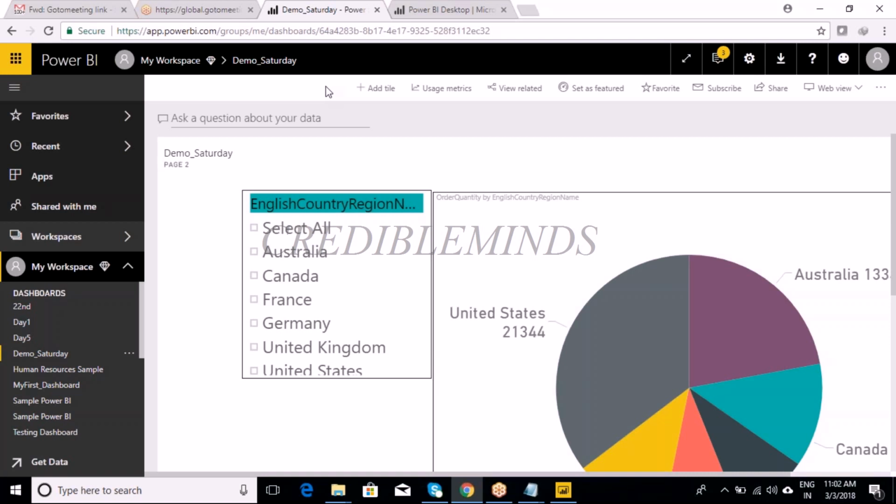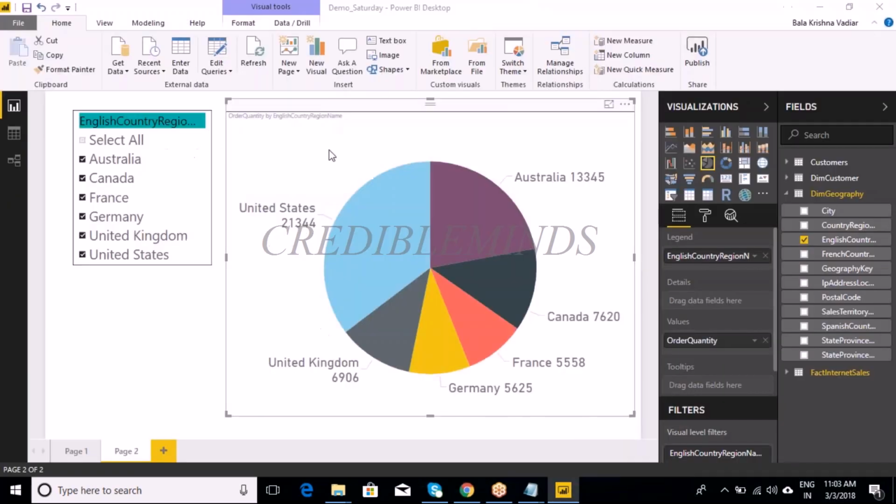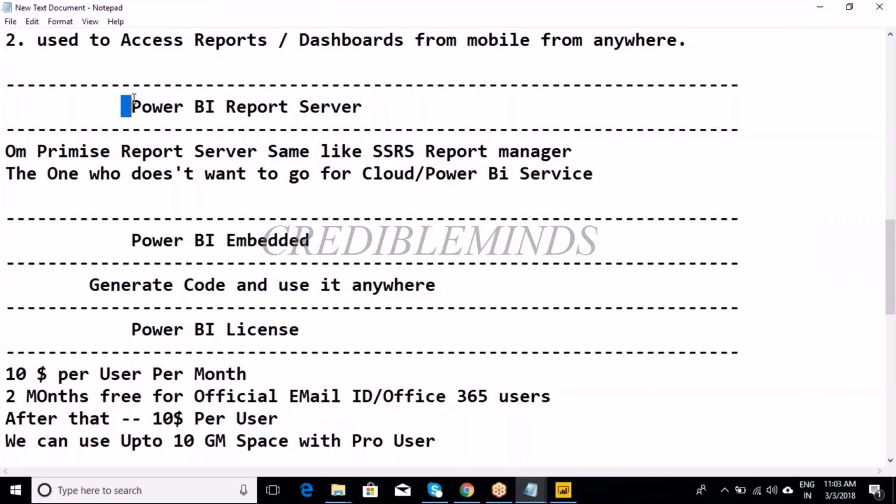Are you getting my question? If they want to move the data into the cloud or Power BI service, they need to pay some amount to Microsoft. In that case, if they don't want to go for the Power BI cloud, they can go for the Power BI report server, which, if you are from an SSRS background, is 100% ditto.